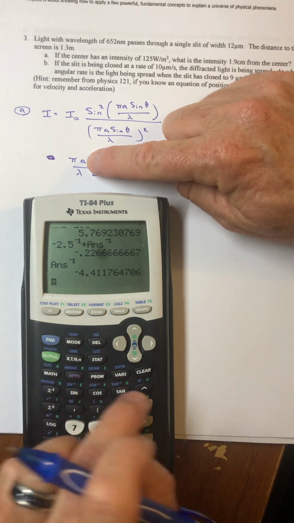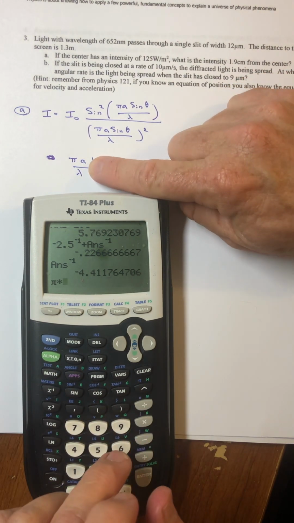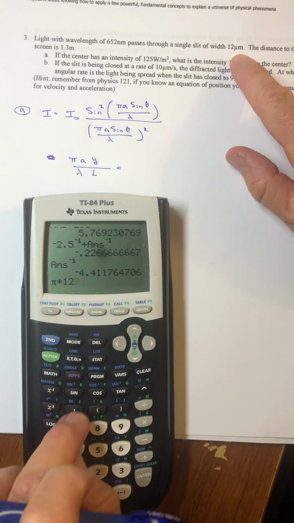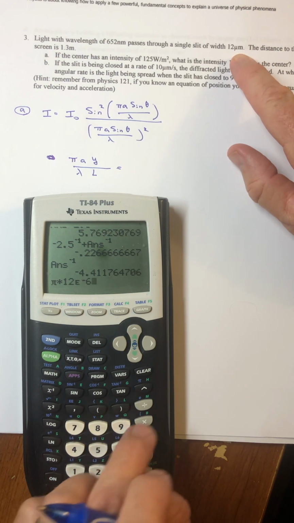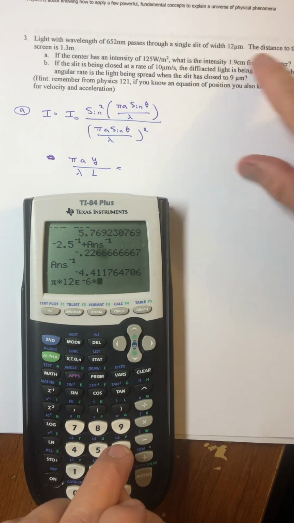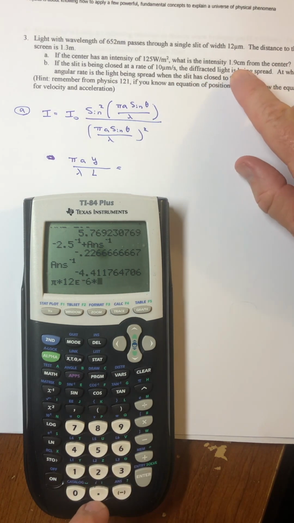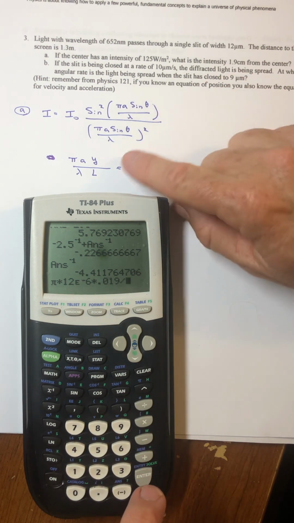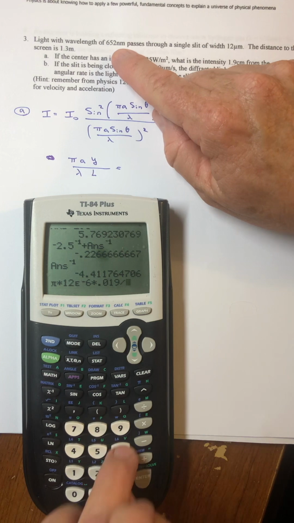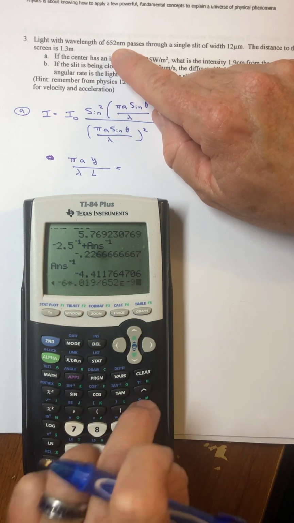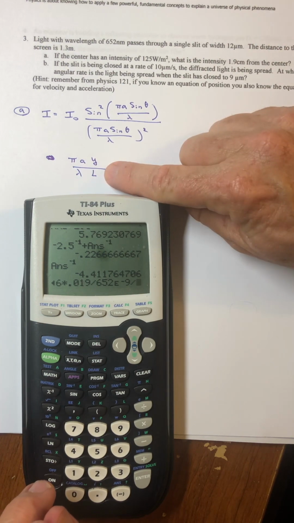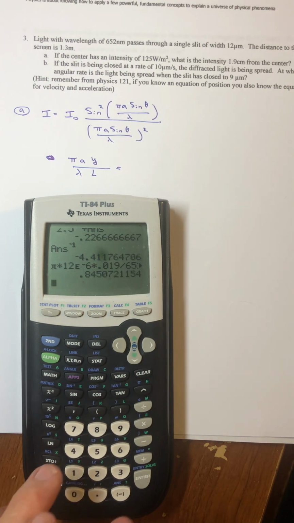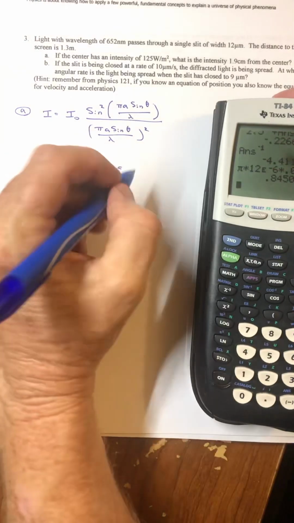And so I guess the first thing is the pi times the A, which is the opening, so single slit, which is 12 microns. The Y is the distance from the center. Let me change that to meters. Then we'll divide it by the wavelength, 652 nanometers. And we're also dividing it by the distance to the screen. Who knows what those each mean. So it looks like I get about a